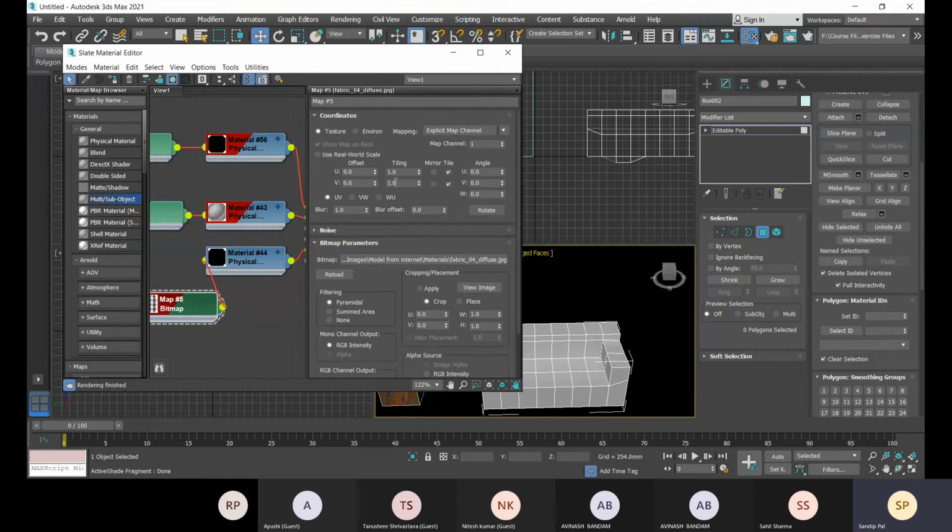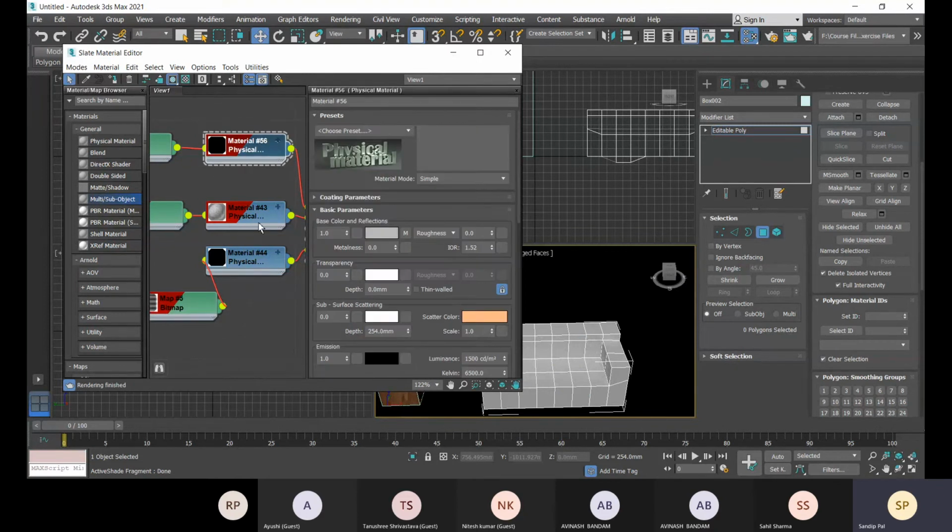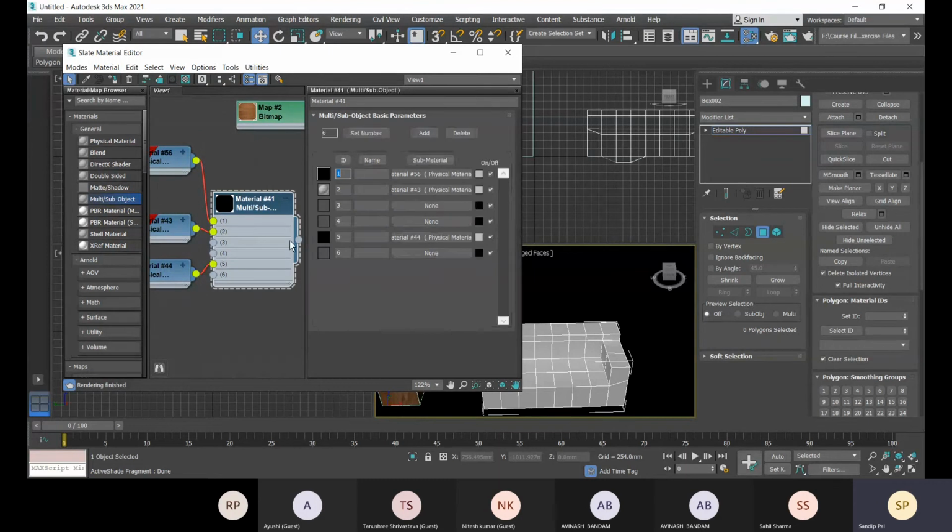I think I have to change with the tiles, the map size I have to change, I guess. So that's why. Yeah, okay, so this how we apply.